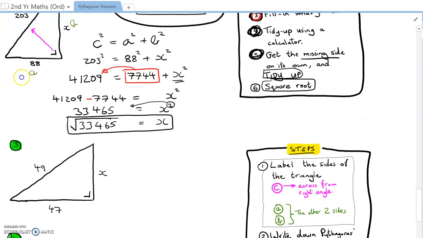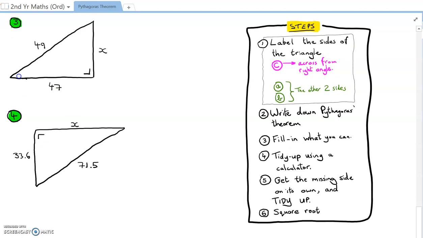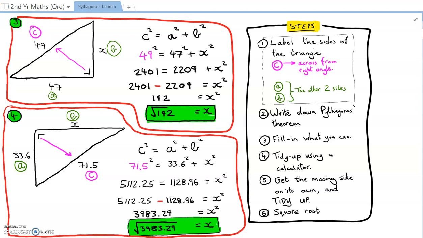Okay, now there's 2 more for you to try, 3 and 4. Give those a go in your own time and I'll press play and the answers will be there for you to look at. Okay, there's the answers to questions 3 and 4. So maybe pause the video now and just go through that yourself. I can't really go through it. I don't have the time because I can only make these 15-minute videos. So I hope you did well and watch the next